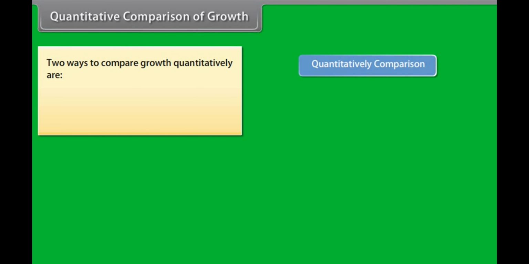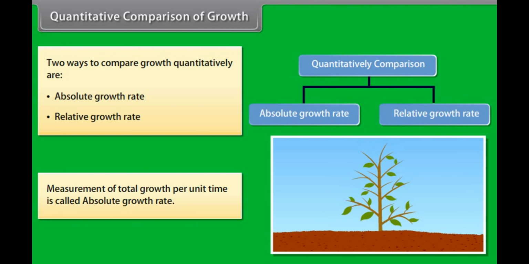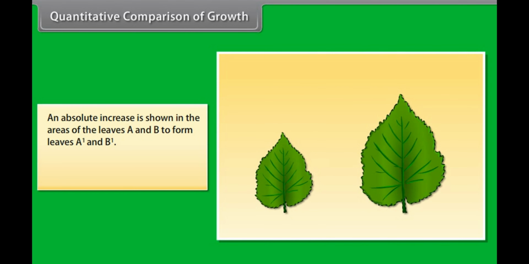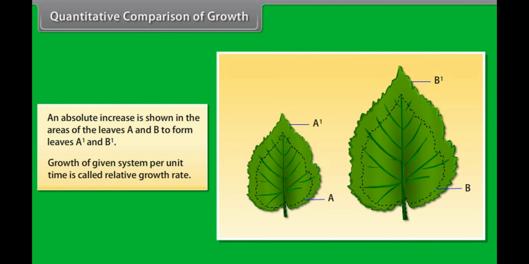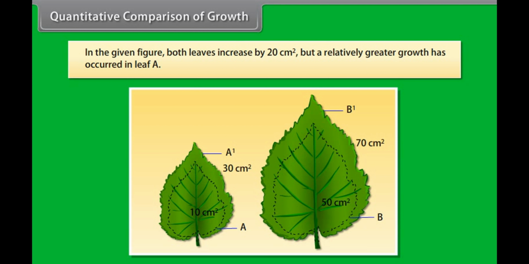Quantitative comparison of growth. Two ways to compare growth quantitatively are absolute growth rate and relative growth rate. Measurement of total growth per unit time is called absolute growth rate. An absolute increase is shown in the areas of the leaves A and B to form leaves A1 and B1. Growth of given system per unit time is called relative growth rate. In the given figure, both leaves increase by 20 centimeters square, but a relatively greater growth has occurred in leaf